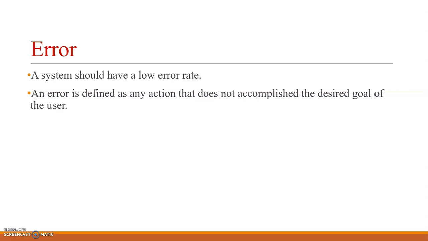Now, we know that we are human. So we are going to make errors while doing any work. But the error should be such that a proper message pops up on the screen, which should help the user to rectify his error as well as give the solution to the user also. So if it is defined in a proper way, then the user is going to come to that system again and again. So these are the attributes of usability.